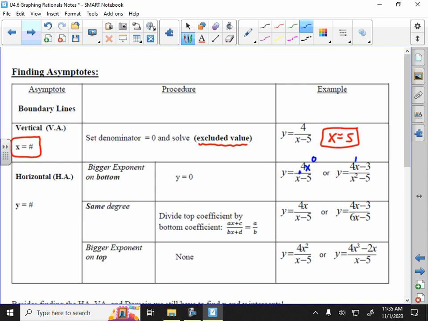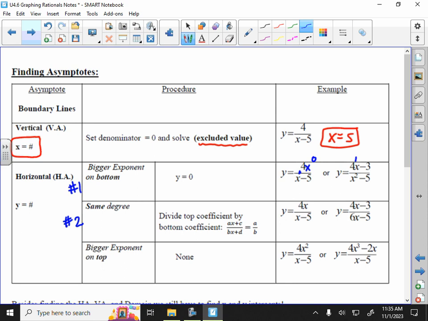Right? So one thing you can just memorize, because I'm going to keep the equations pretty simple: if you just have a number on top and there's no x, it's always y equals 0. All right, so that's case number 1. Let's put number 1 here. Now, case number 2